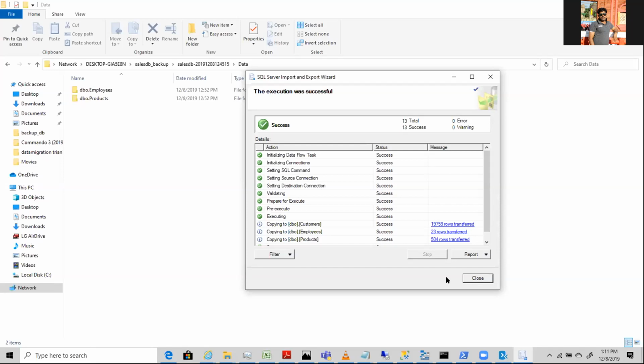Otherwise, in replication there is an option, drop and recreate, which means drop the table and again